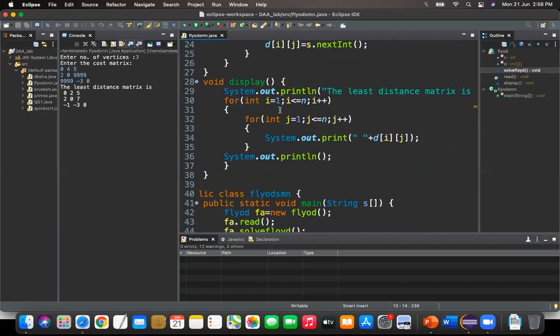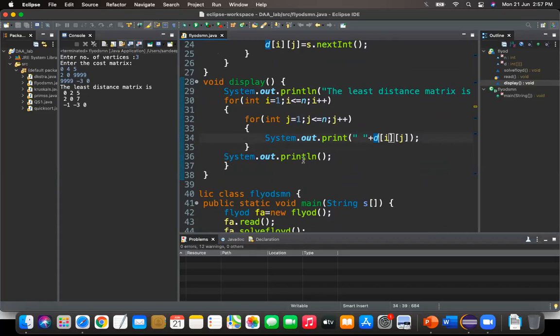Once you come out of the for loop, next we call the display function, and here also we directly display that matrix. D will have the distance between each and every vertex. So the least distance matrix will be printed, and that value will be present in matrix D. It will print one by one.